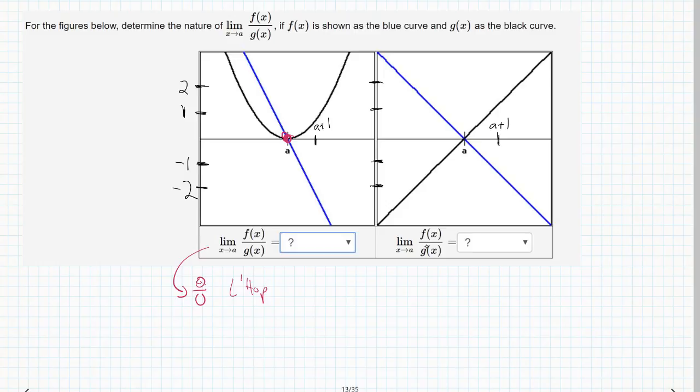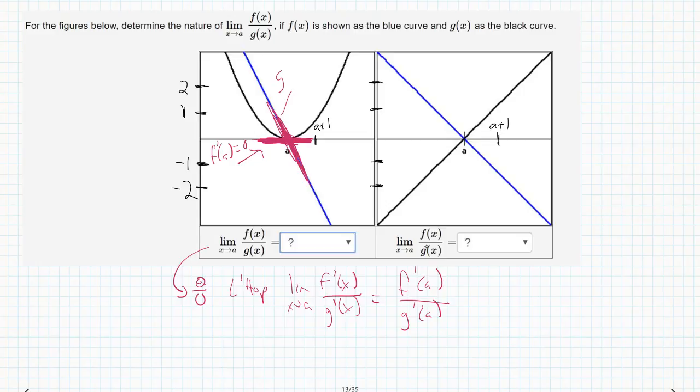L'Hopital's rule states that we can write this as the limit as x approaches a of f prime of x over g prime of x. And so notice that means this should be f prime of a over g prime of a. Well, how do we figure that out? You draw the tangent line. So in this case, what is the slope of our tangent line? Well, that tells us f prime of a equals 0. And then if you look at the other case, so this is at a, it is a line, right? So g prime of a,